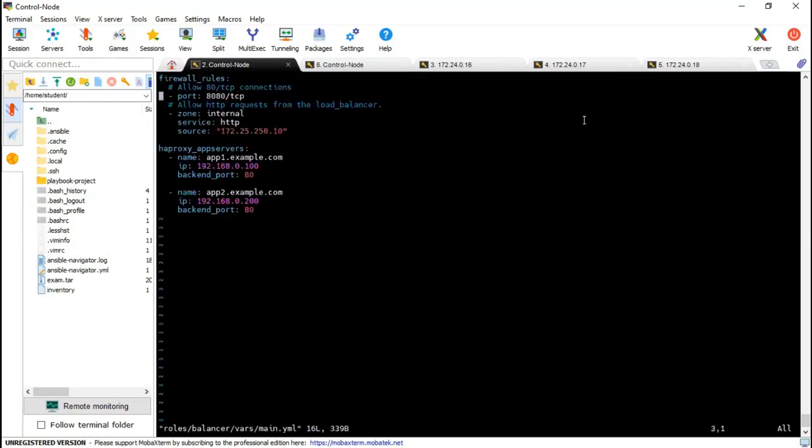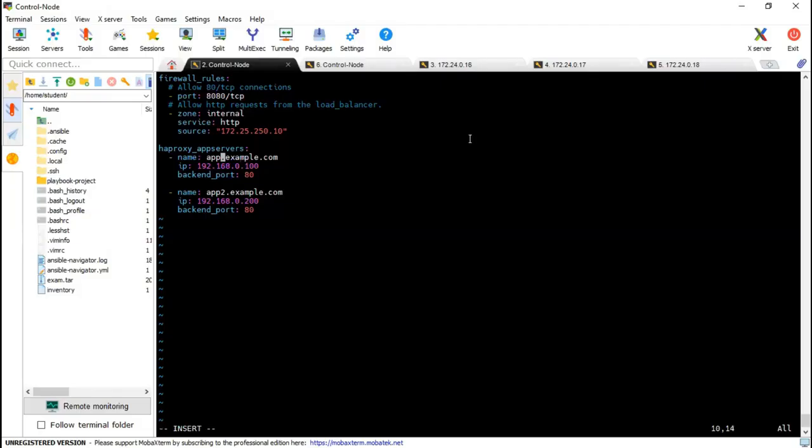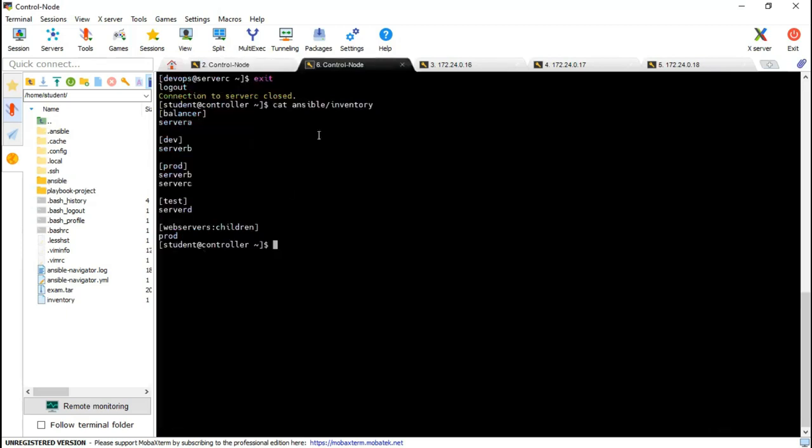If you look there, you can notice the haproxy app server, right? Here we need to replace it, because as per the question this should configure load balancing between the web servers. So what hosts do we have in the web server group? In web server, we have prod.